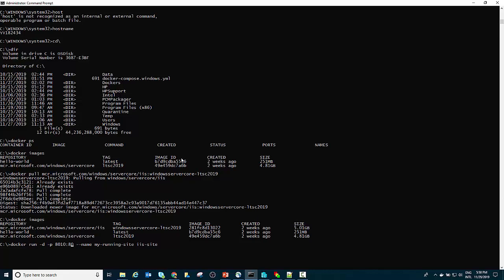Let me change that to 8010, and then I'm giving a name of the container, like my running IAS site. And finally the image name itself. In my case, the image name has to be the long name because I don't have that named here. So I need to type